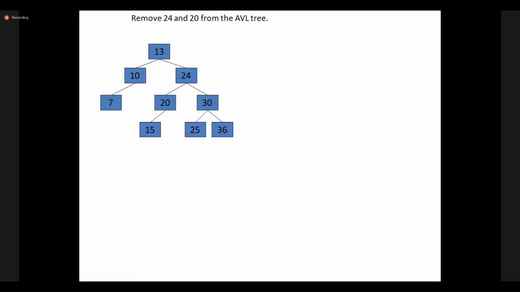You tell me. When I am picking an element from the left subtree, I have to take maximum element. If I am picking an element from the right subtree, to replace, I have to pick minimum from the right subtree and I will replace.